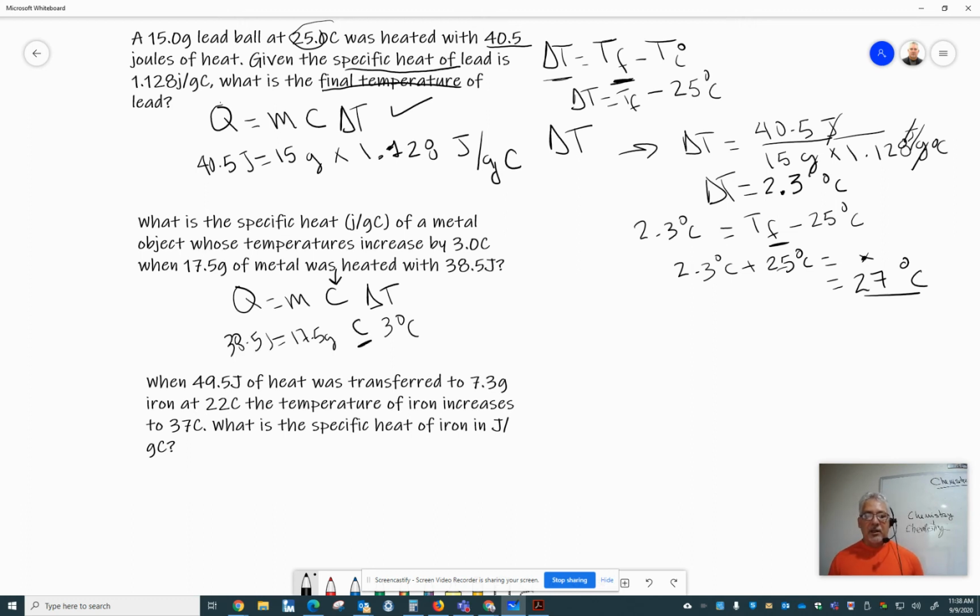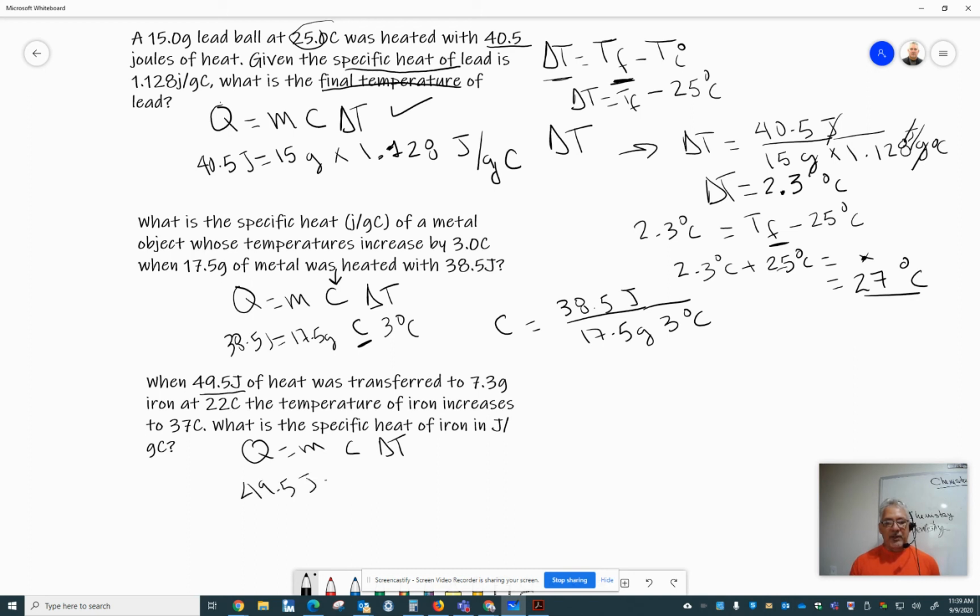You need to solve for C. That will be how? C will be equal to 38.5 joules over 70.5 grams over 3 Celsius. And then solving for that, that will be the answer. On the next one, the same equation: Q equals mass, heat capacity or specific heat, times delta T. They gave you the heat